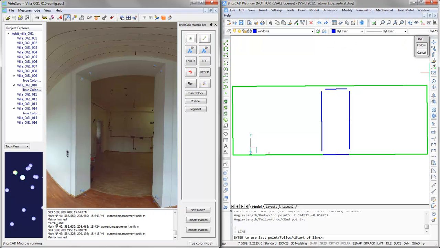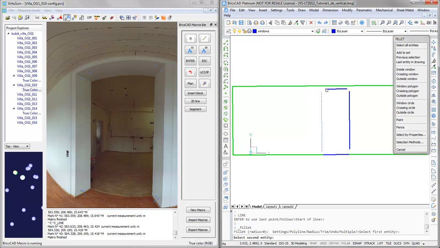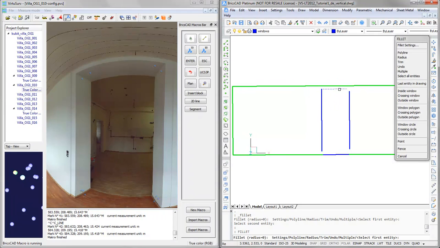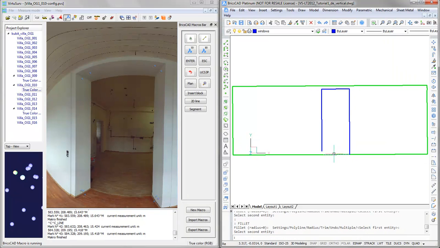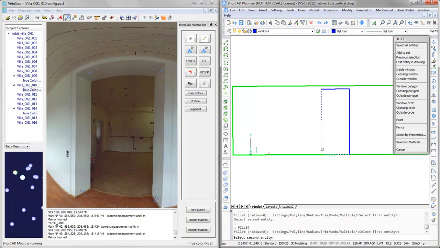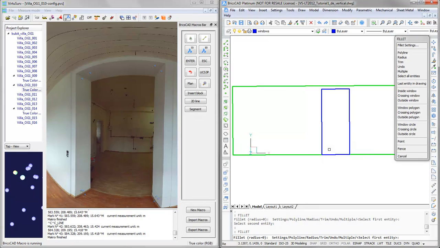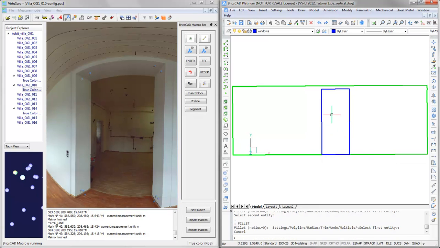And going back in here using the fillet command again, I can close these. 1, 2. Okay, so I've got my door,